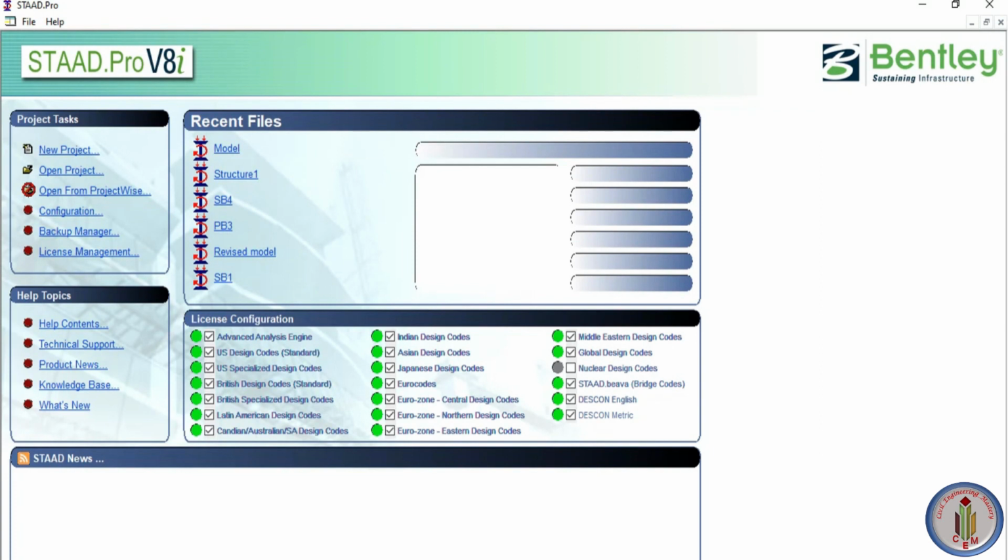First, you have to familiarize with the tools and then you should know how to apply the tools properly so that it will be easy for you to learn a software in a very efficient manner. I'm going to explain you the STAAD.Pro basics and then user interface, how to use the tools and then modeling and then loads and then analyzing. After that, let's check the designs. So here I'm going to make you familiarize with the STAAD.Pro software with step-by-step procedure starting from scratch.